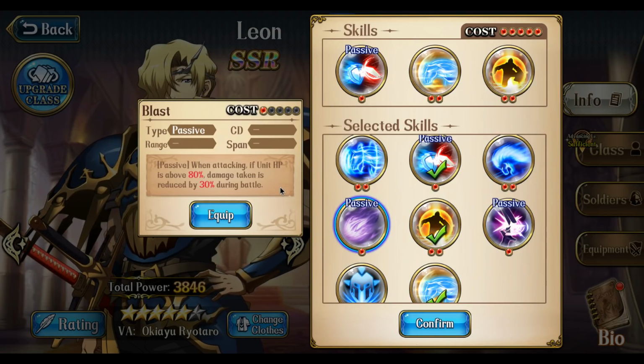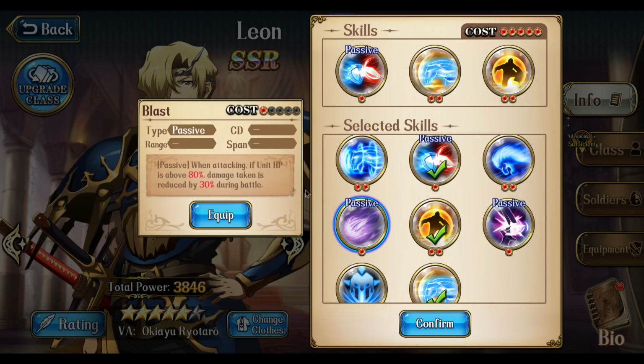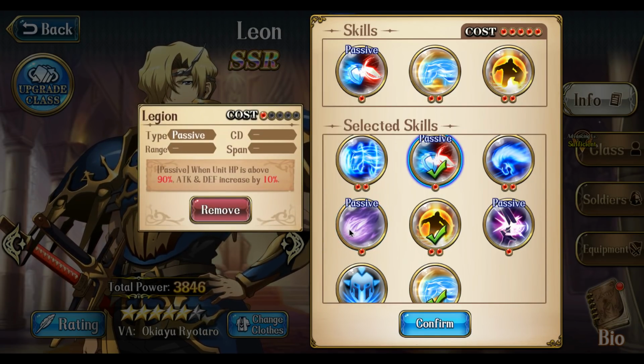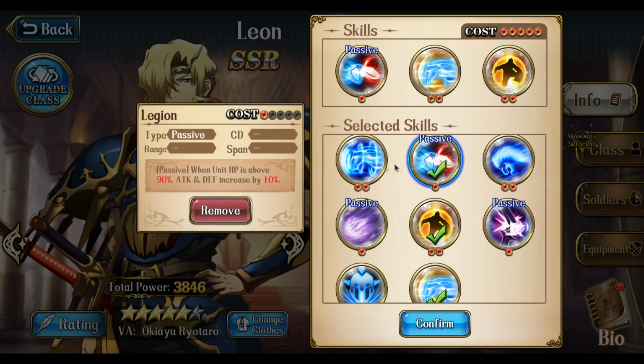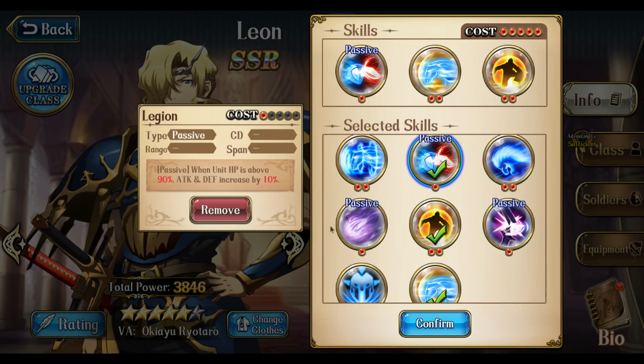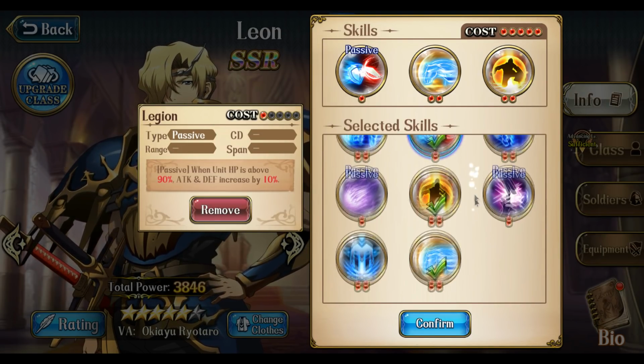It's pretty easy to keep your HP above 80%, and 30% reduced damage is a lot. So that's very, very good, guys. But that's when attacking, so understand that. That's only when attacking. So I went with Legion here, and I think this is probably the best setup currently